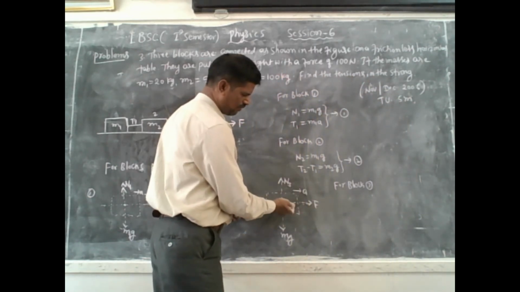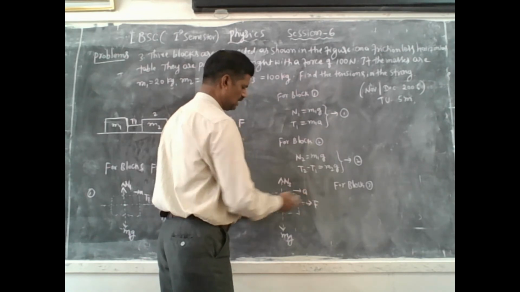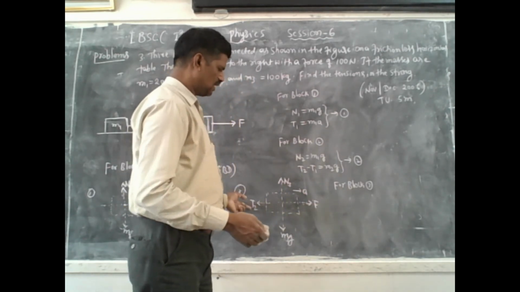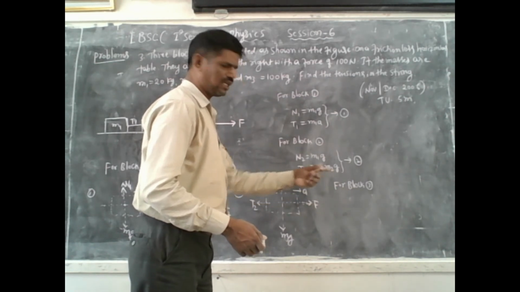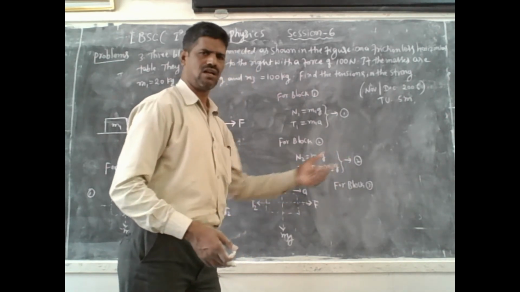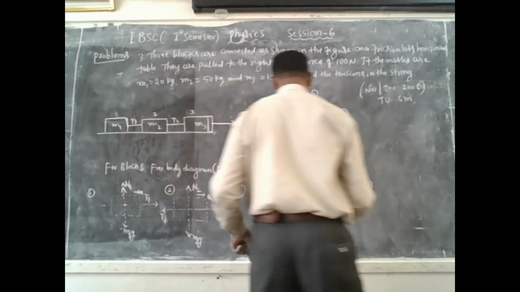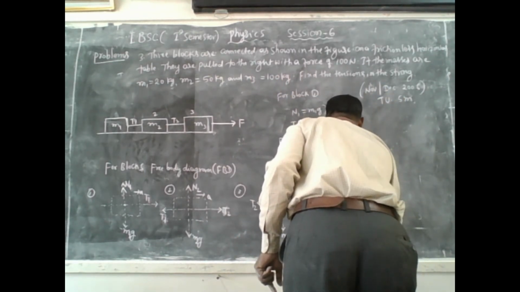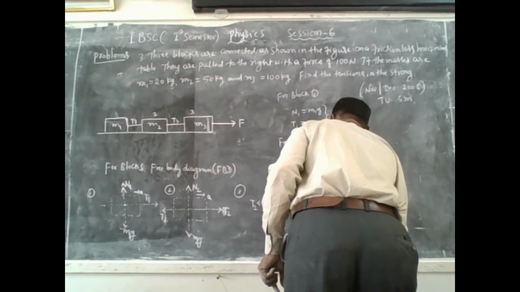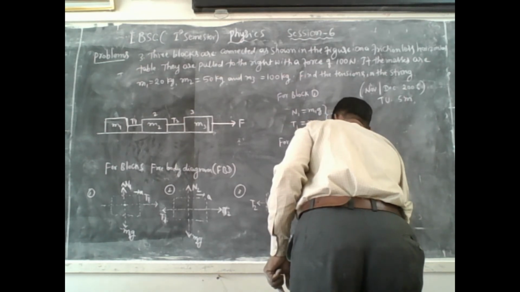So here the force is greater than T2. That's why the equation of motion of the block along the x direction is F minus T2 equals